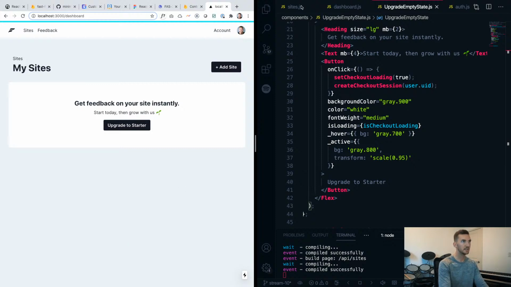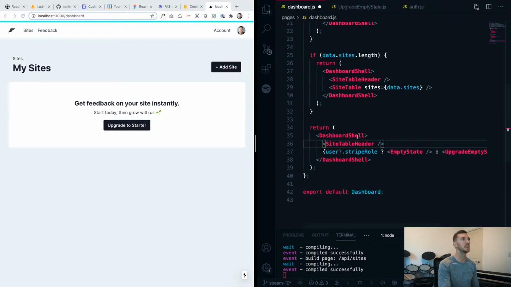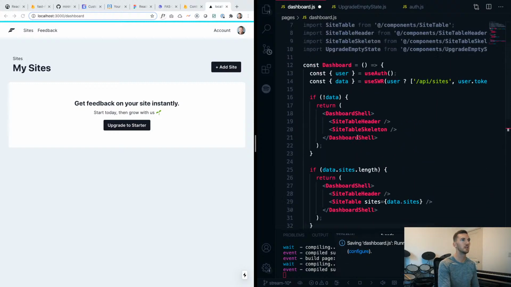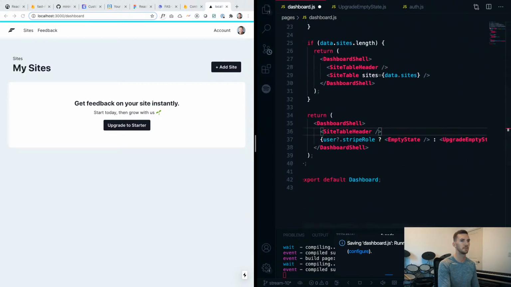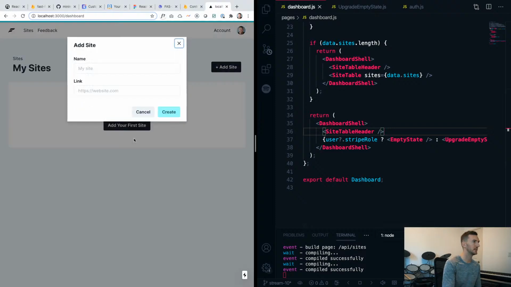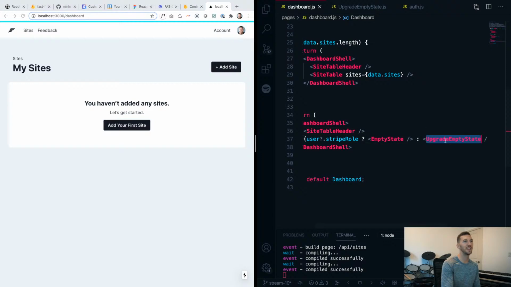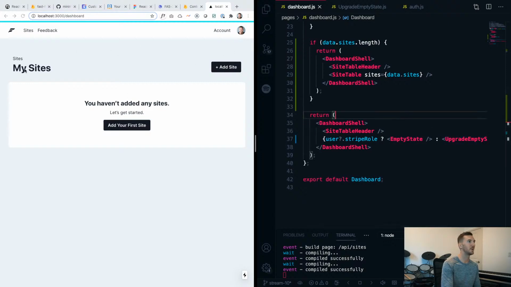So that's right. We just don't have this check inside of our dashboard. So now the user would have a stripe role and you would just see the empty state. That looks good to me. And then clicking this would be the same flow. One interesting piece there though is this add site button. It triggers the same modal, the same interaction. So if you notice, the upgrade empty state also had that because it's part of the header. So it almost makes you wonder,